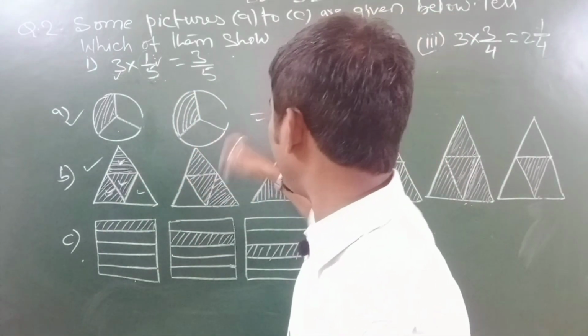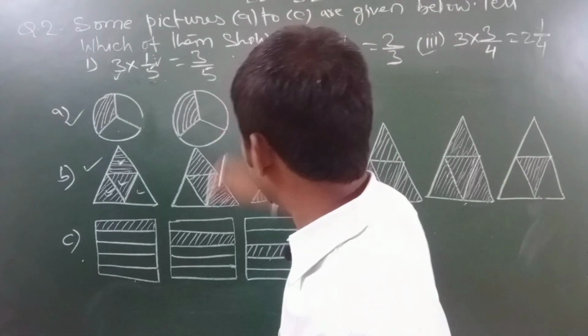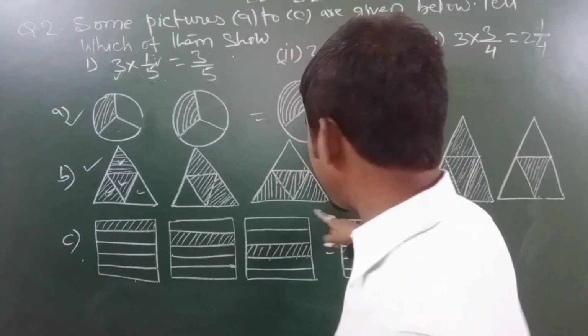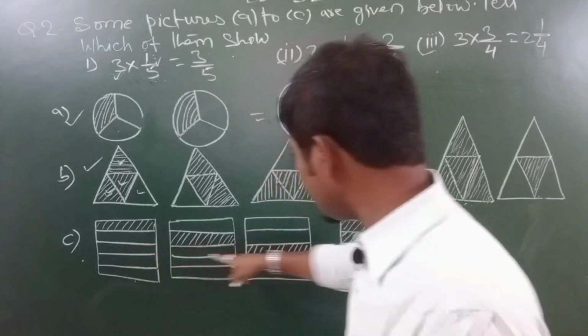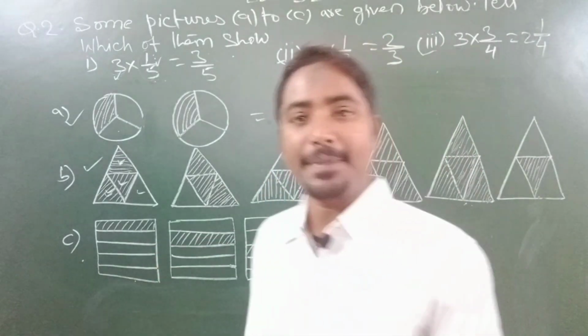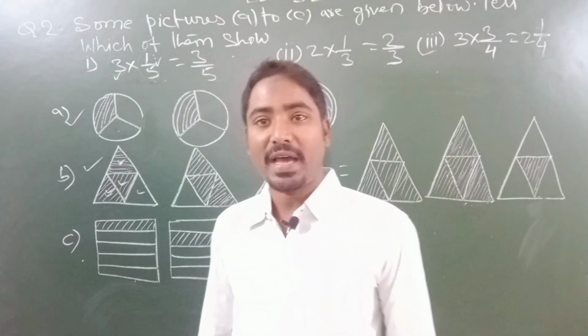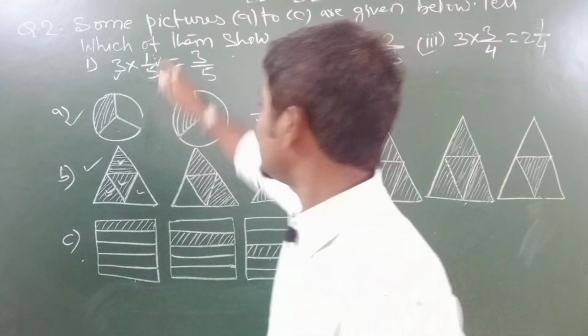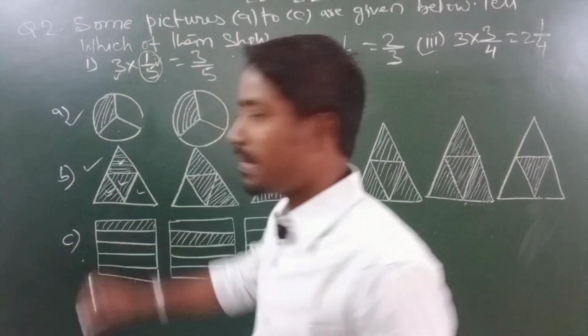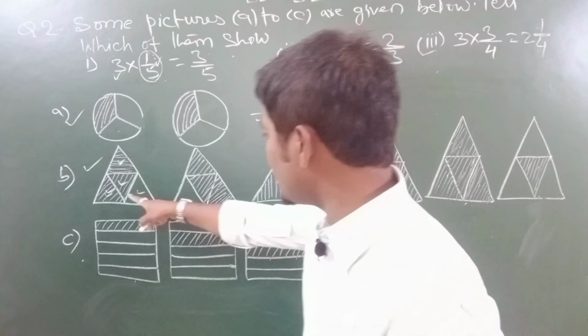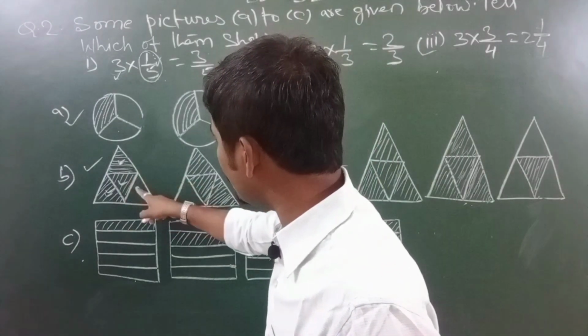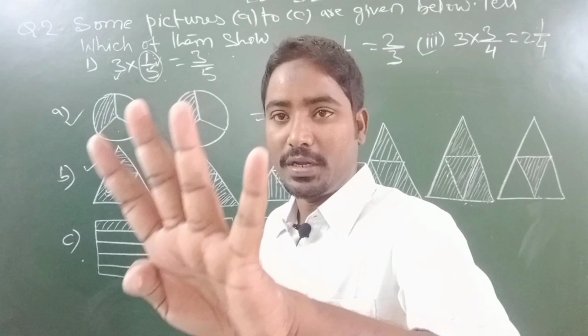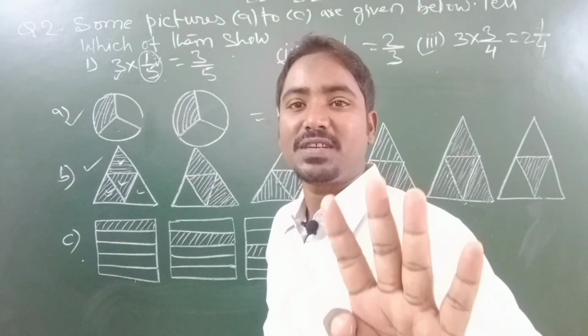Here we have only 2 in quantity, in the case of the circle. Now here we have 3 in quantity, and in C also we have 3 in quantity. But the question arises, which one of them is representing the same fractional number, that is 1 upon 5? If you see here, students, it has been divided into how many parts? 4 parts only. So it will never represent 1 upon 5.